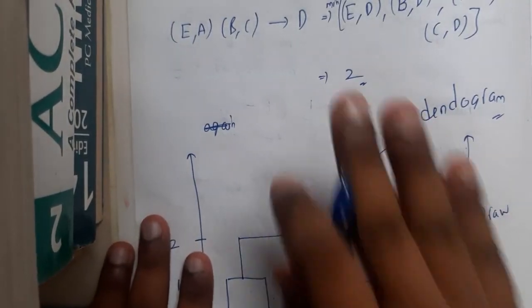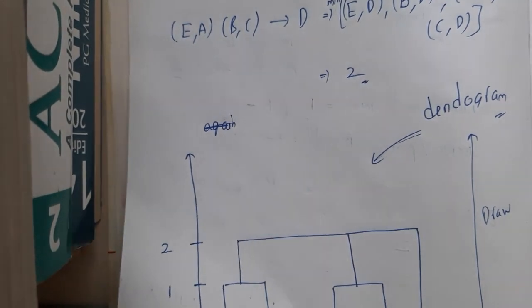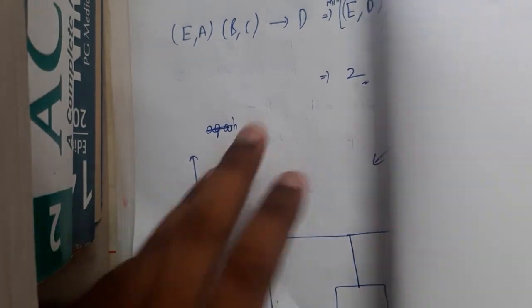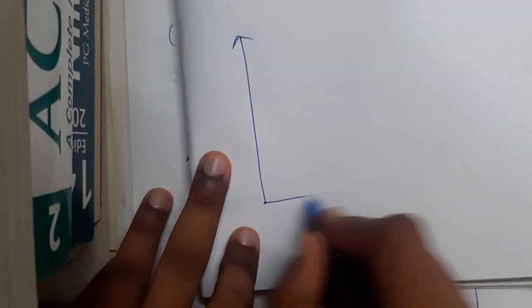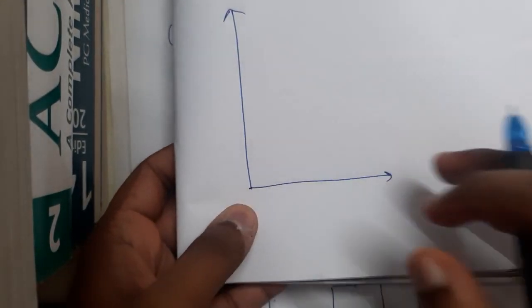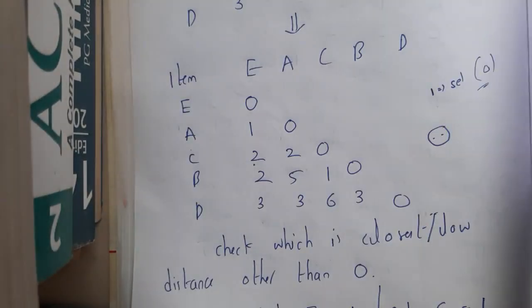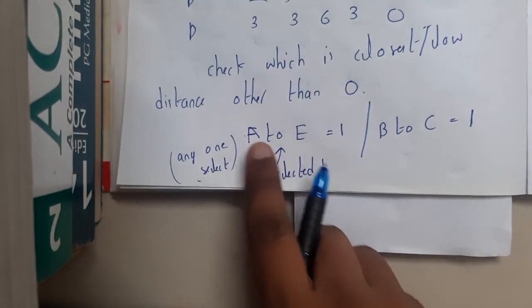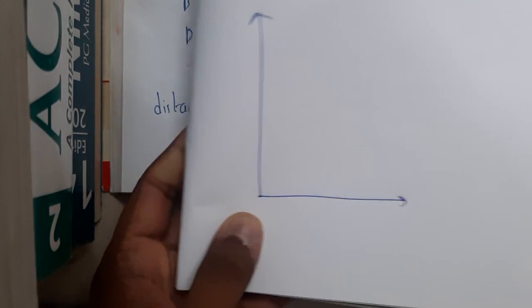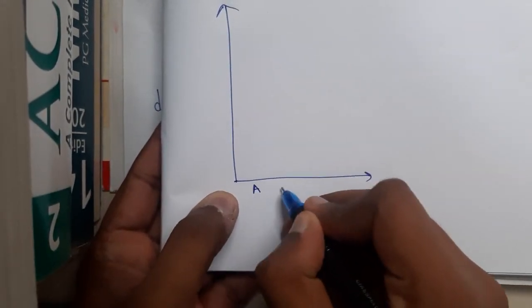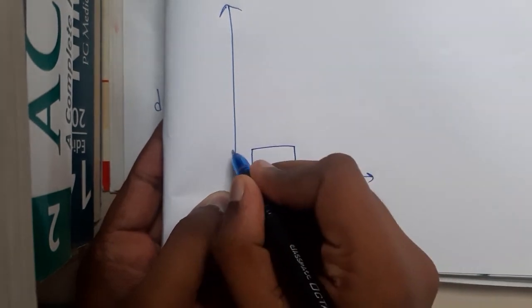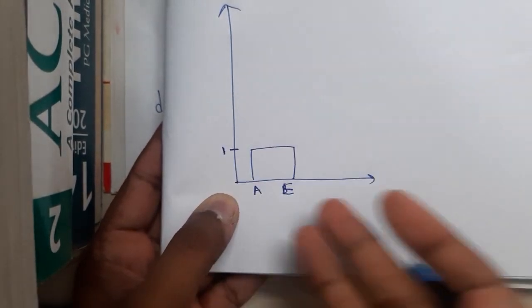So now you will be saying that, okay, so we got till here. So now what to do? You will be having a question, right? So we solved it till here. So now what you will be doing is you will be drawing a graph, guys. This is really simple. Don't worry. So now go back to the first step where you combined. So what you combined first? So you combined A and E at length 1, right? So assume this length as 1. So just like a small graph.